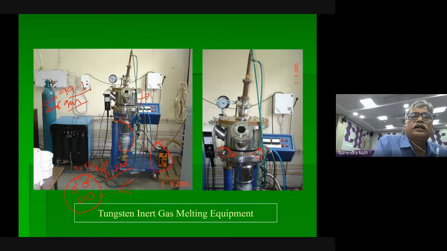Later, this is the gun, and this is the holder. Because it is under vacuum, it won't move, so we allow a small amount of argon gas to give free movement. Then this is a controller. We will switch it on, start this, and test the material inside the pit.